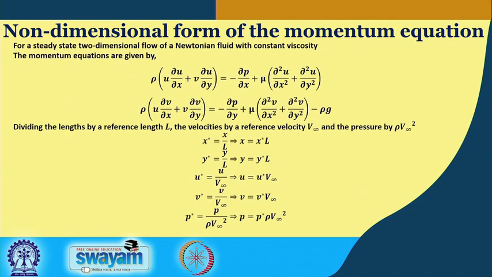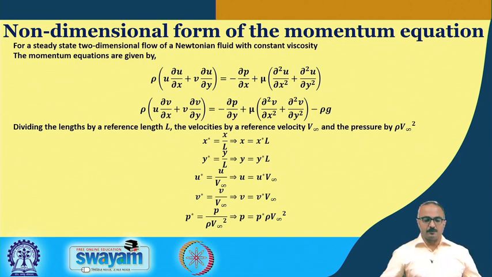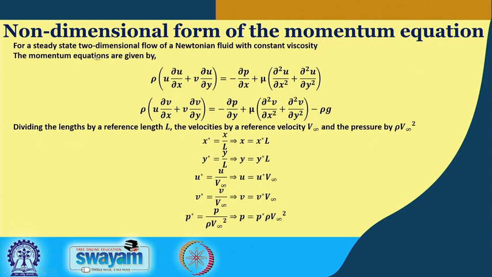Next, we come to the momentum equation. Again, in the momentum equation, we are assuming that it is steady state, two dimensional, and a flow of a Newtonian fluid with constant viscosity. Please understand, when we say constant viscosity, it means we are neglecting any variation of the viscosity with respect to temperature and pressure. If there is some variation with respect to temperature, then we have to consider also the energy balance. So, for the time being, to avoid the use of the energy balance, we are not going to take the viscosity to be a function of temperature.